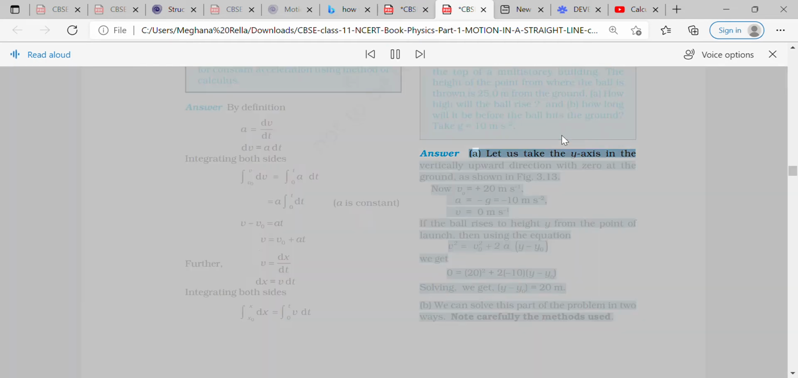Let us take the y-axis in the vertically upward direction with 0 at the ground, as shown in Fig. 3.13. Now v naught is equal to plus 20 meters per second, a is equal to minus g is equal to minus 10 meters per second squared. v is equal to 0 meters per second if the ball rises to height y from the point of launch. Then using the equation